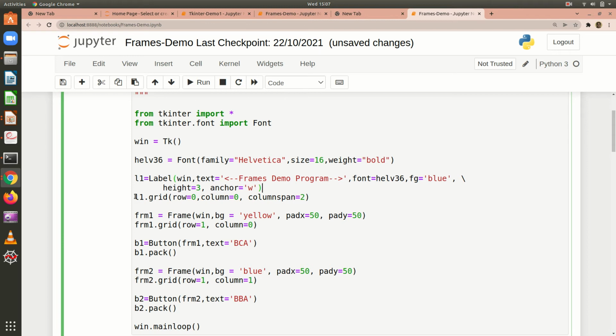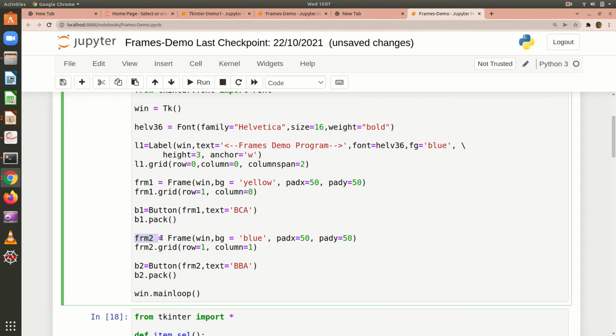Then I am going to use the grid method for the geometry management, or for layout. And then I create the first frame with yellow background, and then I use the grid for laying the widget. Then I am creating a button and I am packing it.